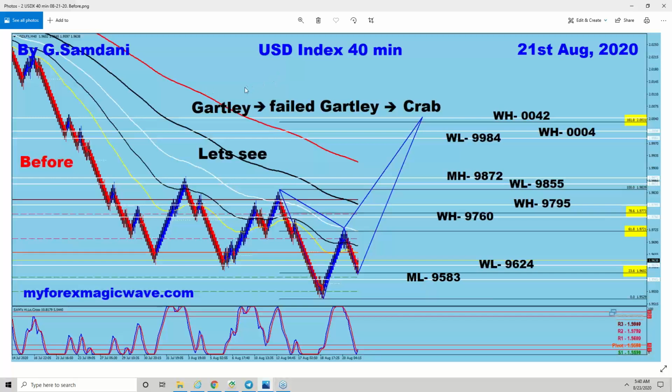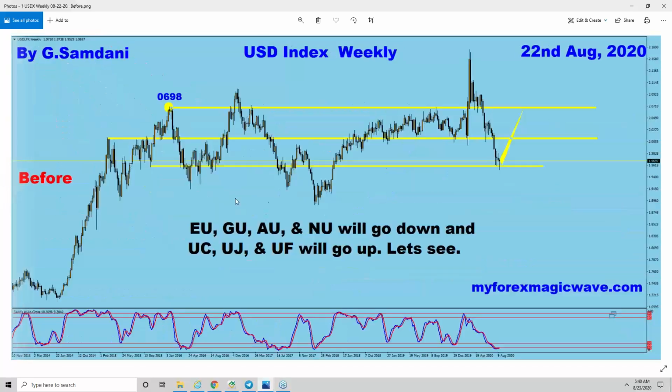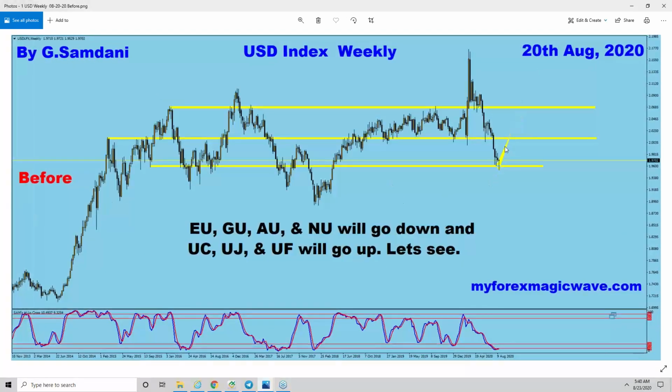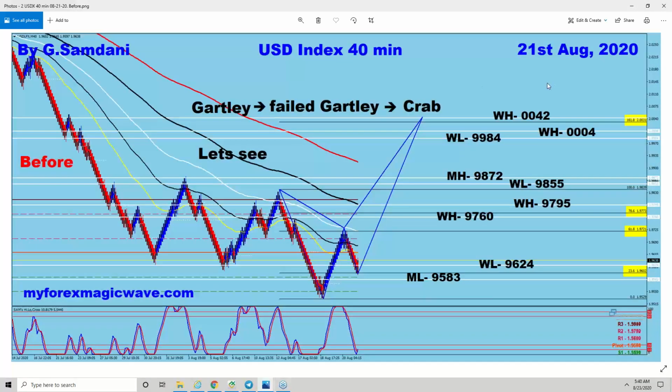Well, actually, this is again the USD on the 40-minute chart, which I made on the 21st, right? After this happens, basically from here, on the 20th, I made this chart here on the 21st on Friday, that okay, this is kind of like a harmonic pattern calculation, and this is what I think is going to happen. So usually when anything bounces from this 23% line, it's very powerful. So it was bouncing from here, so I made the chart that it is going to make a girdle here,